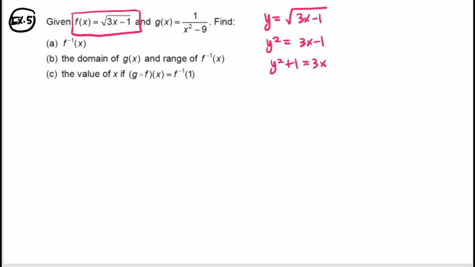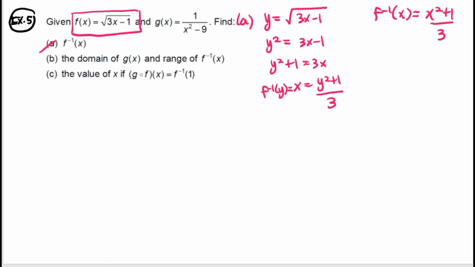This is equal to 3x. Therefore, x is actually equal to y squared plus 1 divided by 3. So this is actually the f inverse of y. You want to find the f inverse of x, therefore you just need to substitute the variable y with x. So you have x squared plus 1 divided by 3. Secondly, this is part A. For the second question, B, we need to find the domain of G. Look at this function. You can substitute with any values except you cannot have